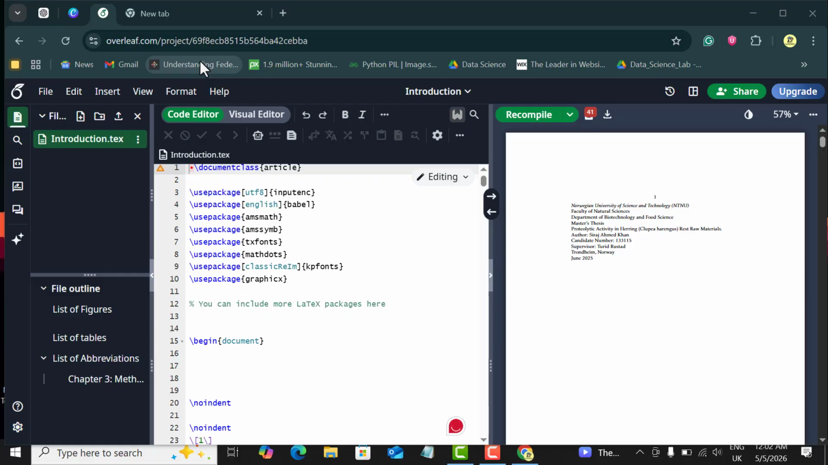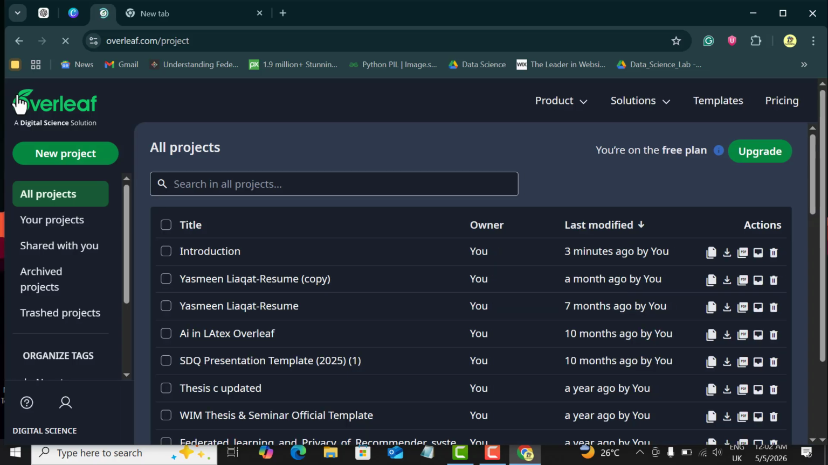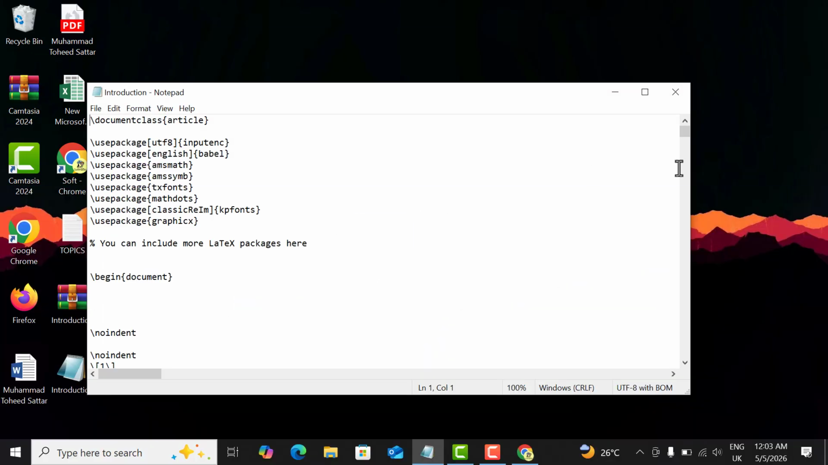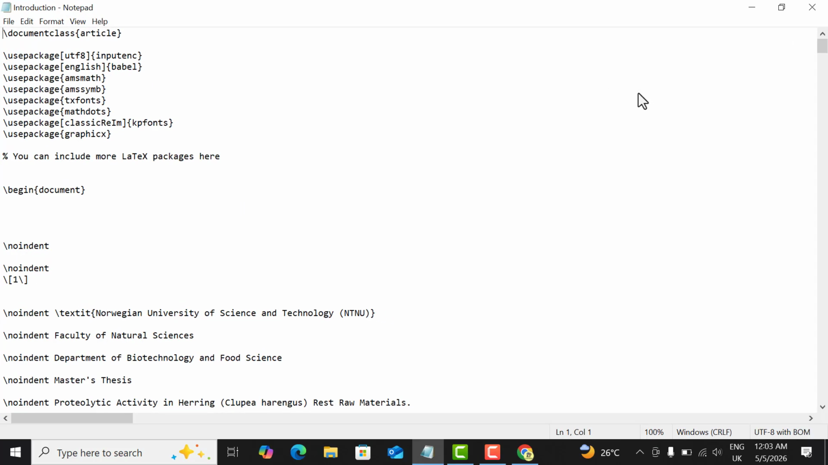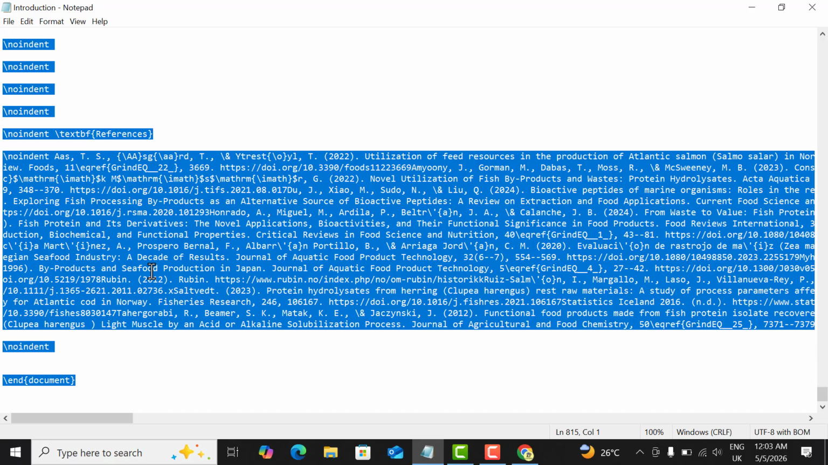So I have directly uploaded my zip file into my Overleaf account, and the document has been converted into our LaTeX code. Okay, so now I will tell you how we can upload our LaTeX code by using the second method, which is from notepad file directly to the Overleaf account. So I will simply open the introduction file, which is in notepad. Now I will simply select all the code by pressing Ctrl A, and I will copy it by pressing Ctrl